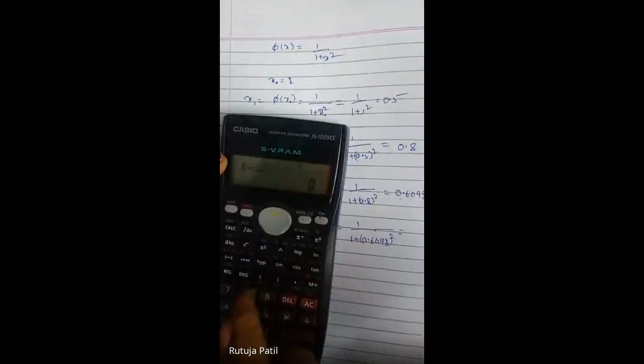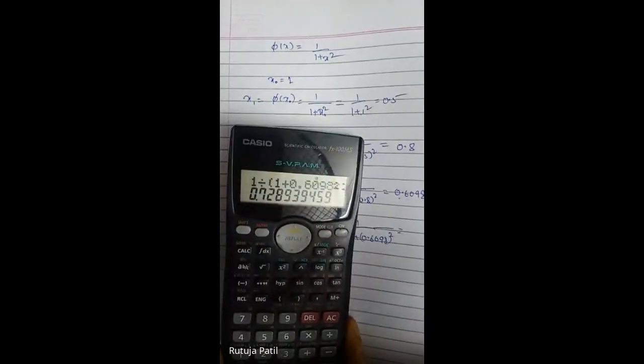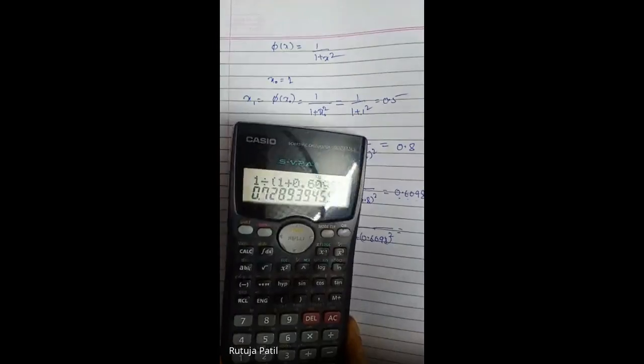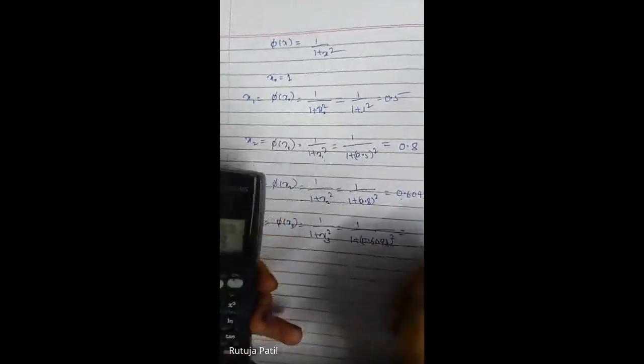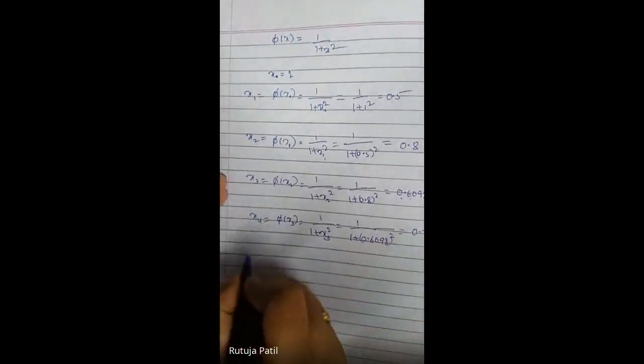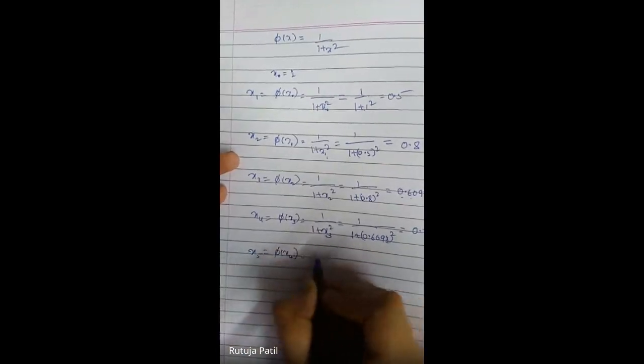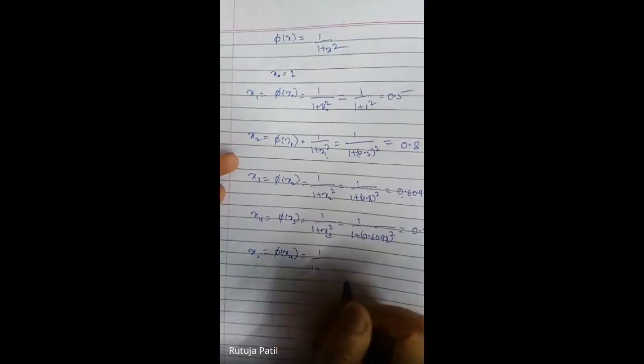So 1 divided by 1 plus 0.6098 square. How much do we get here? 0.729. That is 0.729. Now the last iteration, for the fifth iteration, psi of x4, that is 1 divided by 1 plus